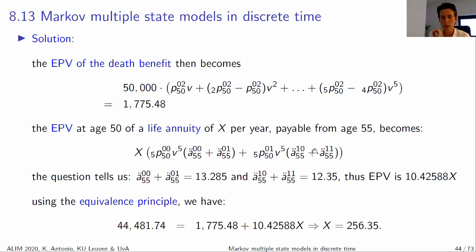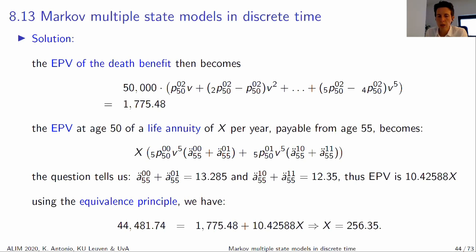So again, I need to sum these two guys together. That's the way I should value the life annuity of X per year, beginning of the year. What was given in the exercise is the sum of these guys and the sum of these guys, and those numbers were given. So I can then do the actual